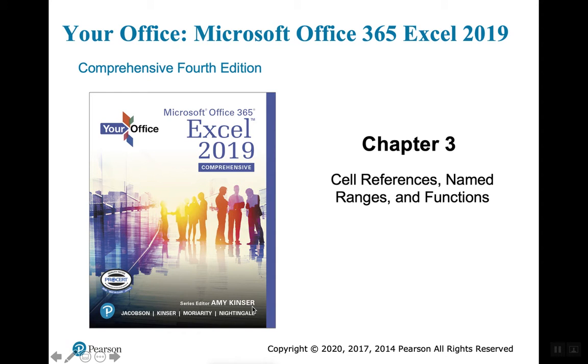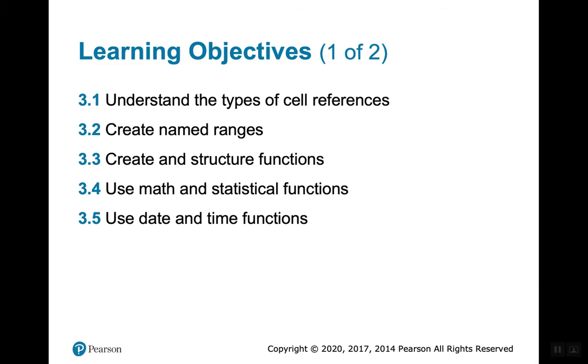Okay, so this is chapter 3 for CSC 155, talking about cell references, named ranges, and functions. All right, some of the things we cover in this: different types of cell references, the concept of named ranges, the ability to create structure functions within Excel,